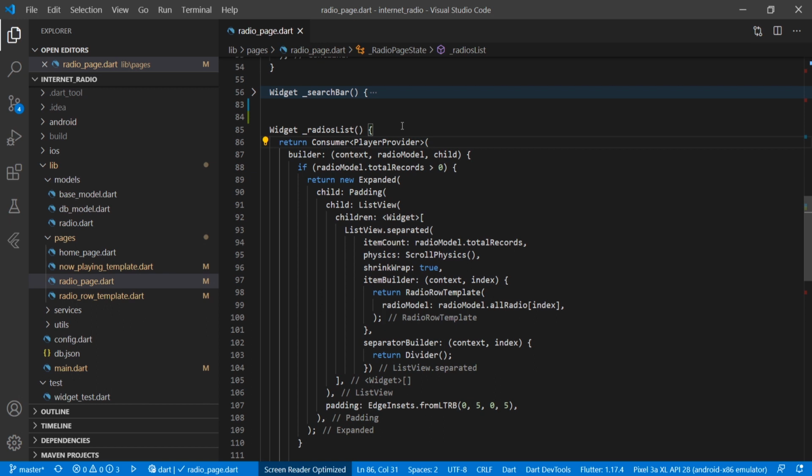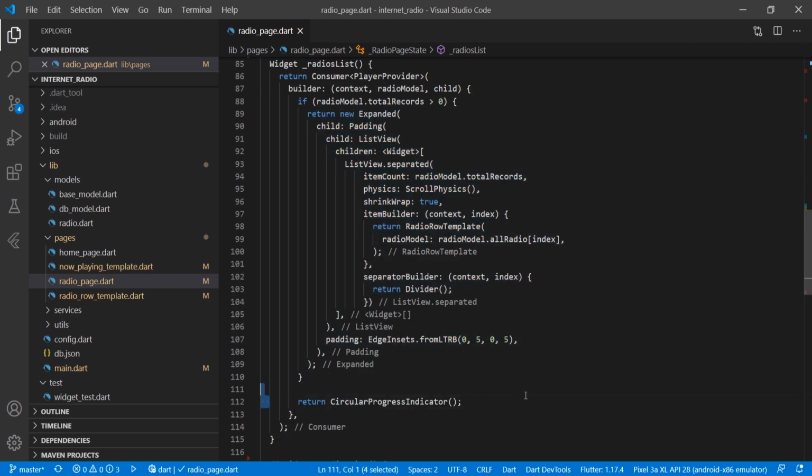For doing that we have to write Consumer, then the name of the provider class, and we have to provide a builder, and in the builder we have to provide a context, and then the model class name, then we have a child, and there we are providing one logic: we are checking if the radio model's total records is more than 0, then only we will display the data. By default we are showing a return CircularProgressIndicator.